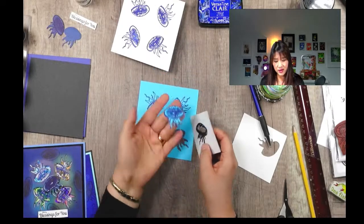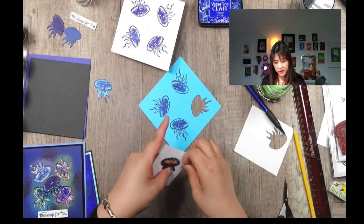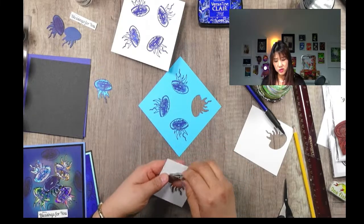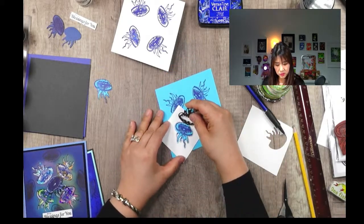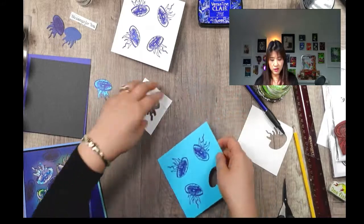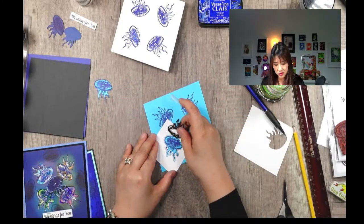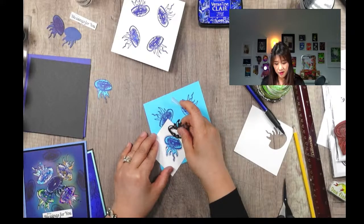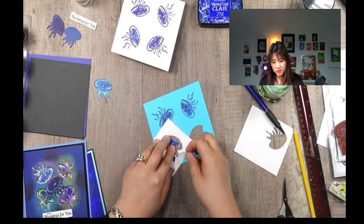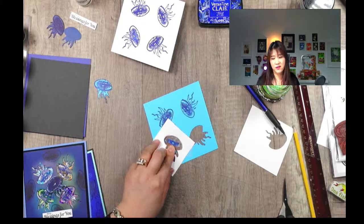Yeah, so you can keep this one and use it later. Every video I create, I just want to share with you what you can do. If you have the stamp set, use the stamp set. If you don't have it, try to use your own, and then try to use this technique. Recently I found that people started posting their cards and sharing with the Local Kings Facebook page, so I can see the card you made,